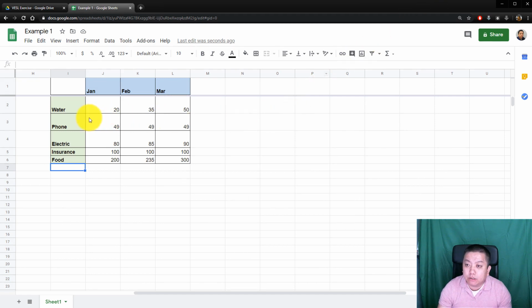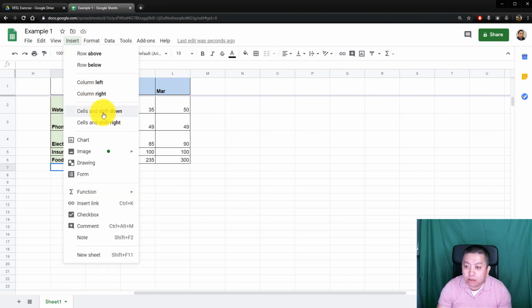If you want to insert a picture, you can go to the Insert tab up here next to the View tab. Click Insert and scroll down to where it says Image. Okay, and Google Sheets gives you two options. You can insert an image in a cell, okay, which is a new feature, or you can insert an image over the cells. Let me choose image over cells,